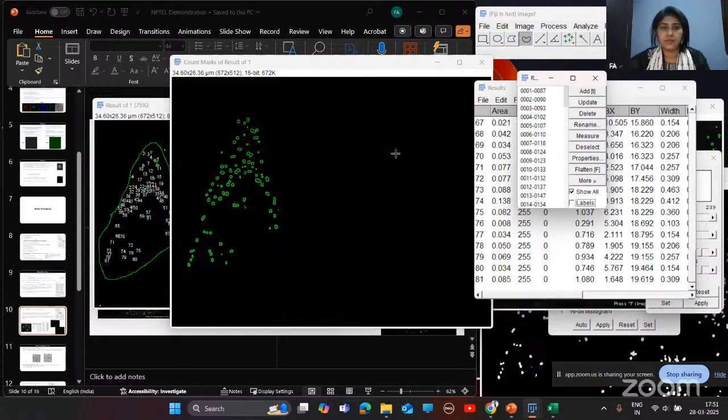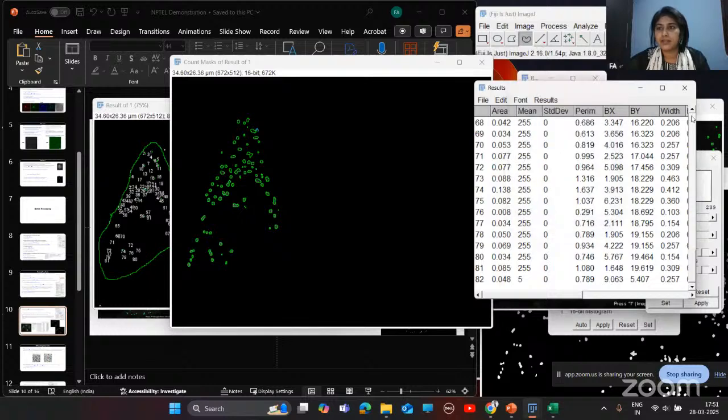And if you want to see the values of a particular focus, you can select from here, and you can see all those values are moving, and you can select just measure, so it will add at the last of this table.